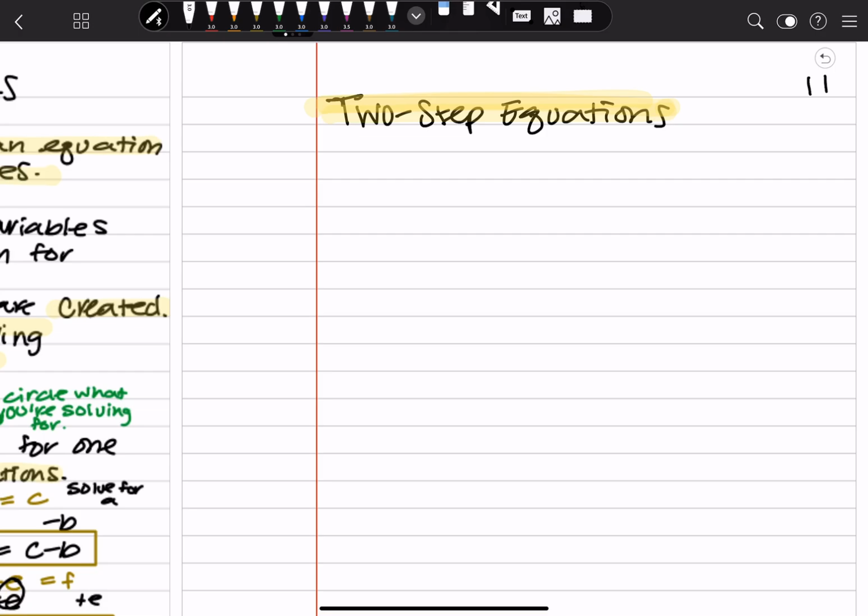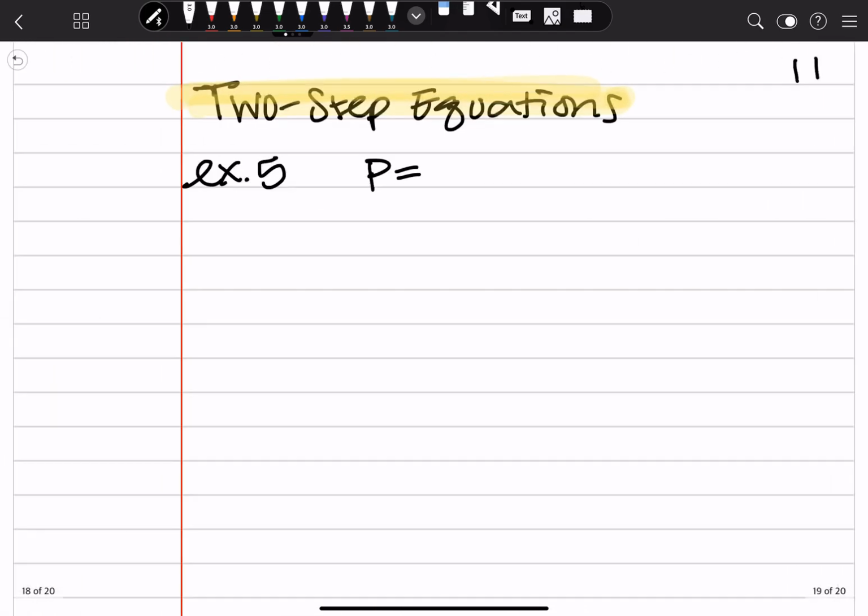So we've been doing this. I'm not going to give you any example problems like we've been used to. So here is actually our example number 5. And this is the formula for perimeter that so many of you guys saw in 8th grade. So it's 2 times the length plus 2 times the W. Now it's saying to solve for W. And it could ask you to do either or, but because we're solving for W,